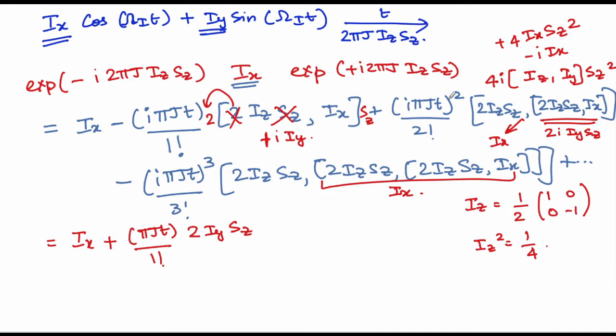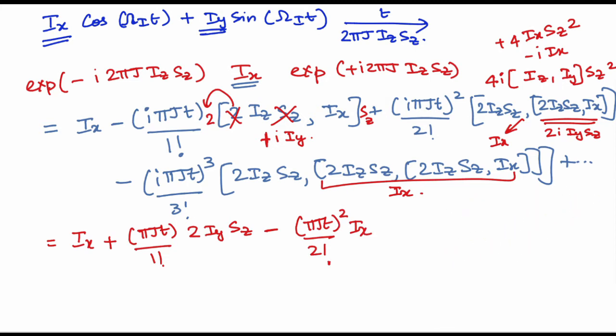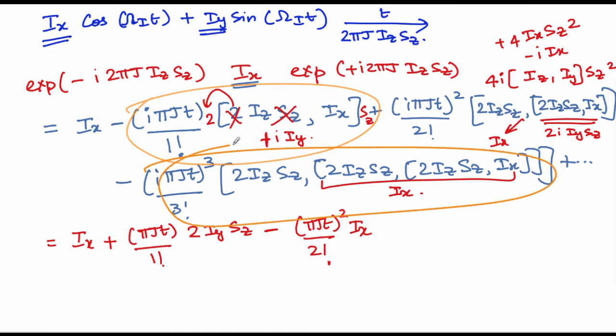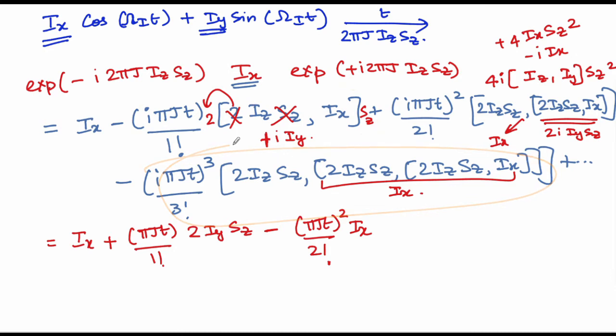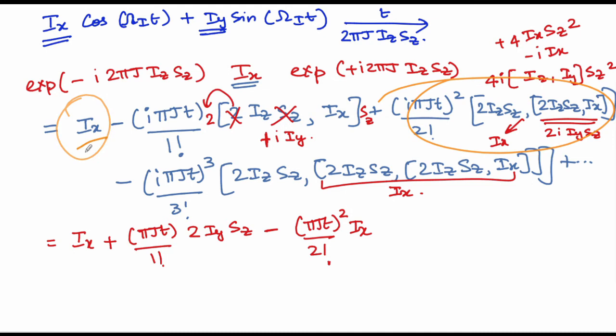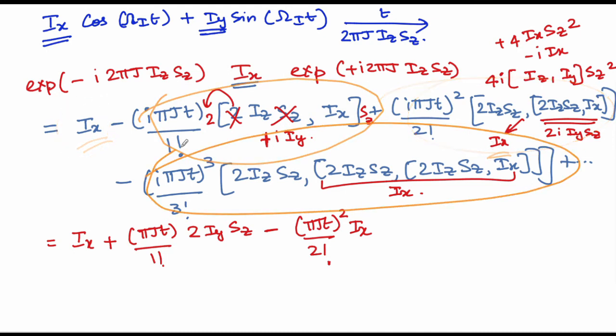You also have i square that ends up coming, so you will have a negative sign, pi J t square by 2 factorial times Ix. So far so good. Let's take a look at the third term and we will conclude right there. You are able to appreciate the second and the fourth term now become similar. This is a repeated occurrence that you have seen in this propagator approach, where terms keep coming up. The first and the third term were the same, you have Ix and Ix, and the second and the fourth term are one and the same.